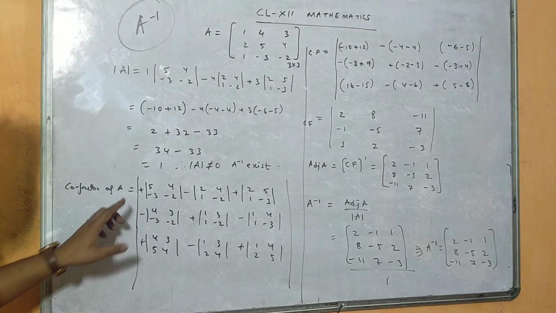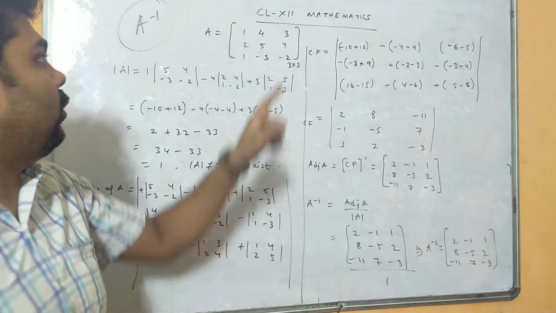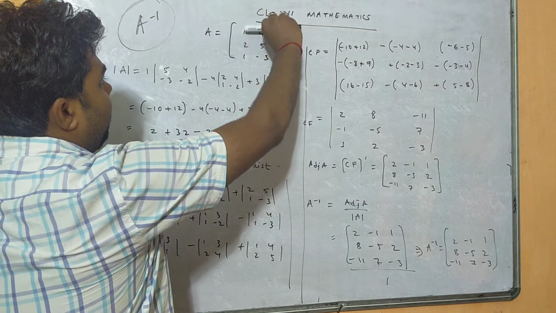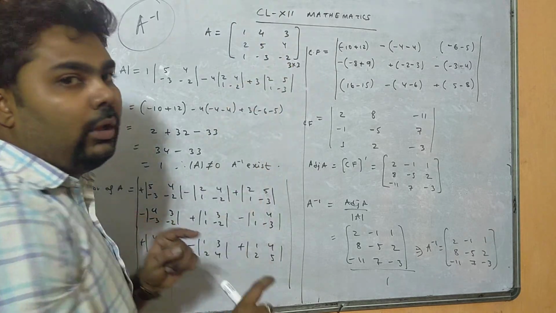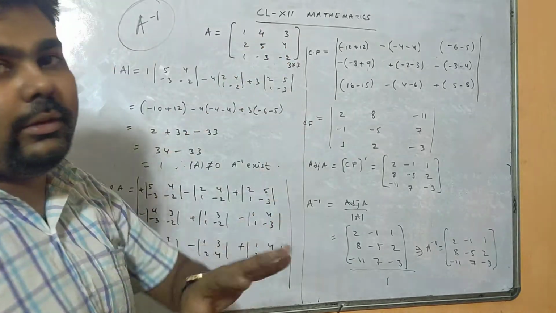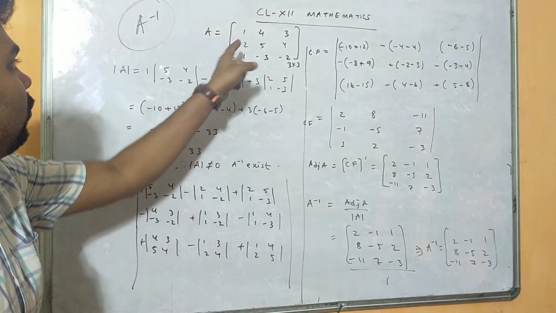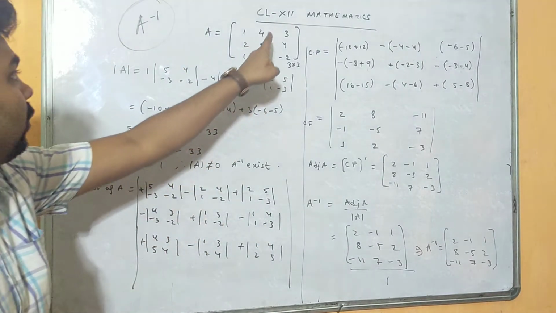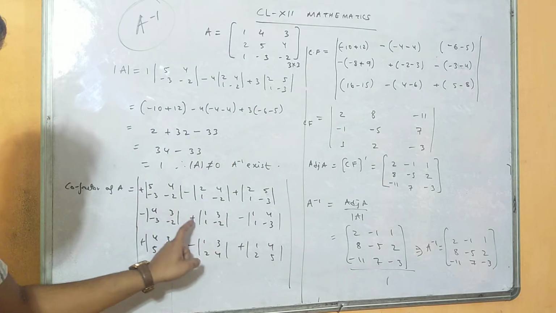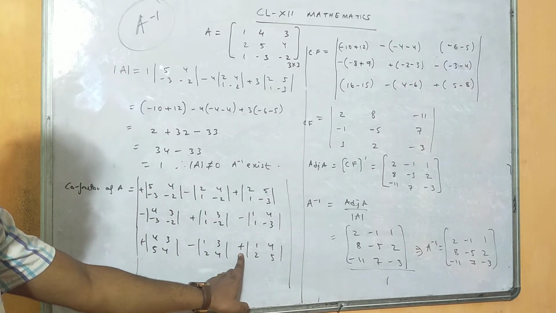So cofactor of A, as we know that there are 9 elements, so there will be 9 minors. So for one element, what is the minor of 1? If you hide the corresponding column and row, we will get 5, 4, minus 3, minus 2. Similarly, minor of 4 will be for the 4 element, minor of 3. So like this, there are 9 elements, there will be 9 blocks, or we can say 9 minors. So for this element I have drawn this block, and alternately plus, minus, plus, minus, plus, minus, plus, minus, plus. So it will start with plus and it will end with plus, right?